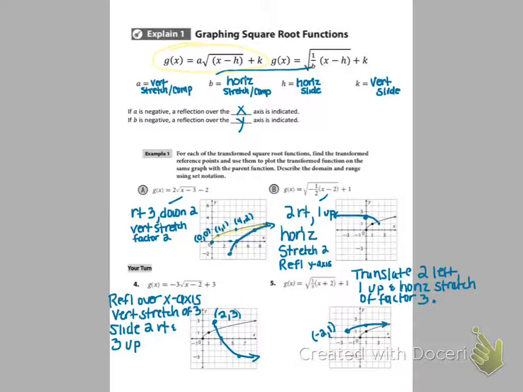Now, one of the things that we need to talk about with these examples that we kind of breezed by a little bit as we were just focusing on describing the transformation and getting the graph is the domain and range. So we want to talk about the domain and range, and we go back up and look at A. And so when I want to describe the domain of this function, and I'm describing the x value,